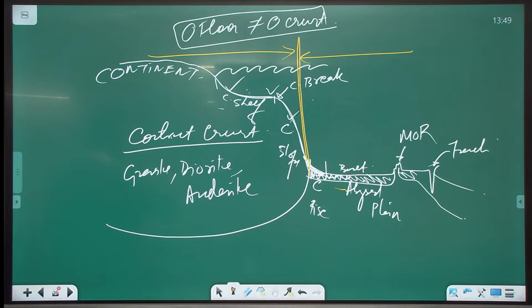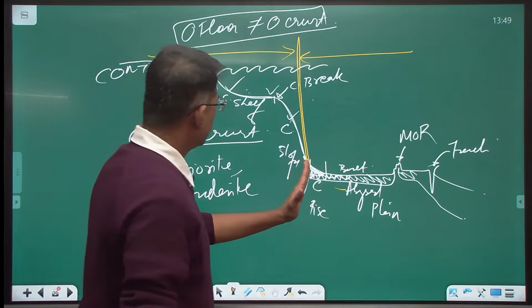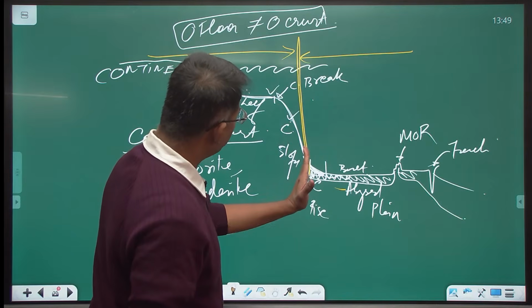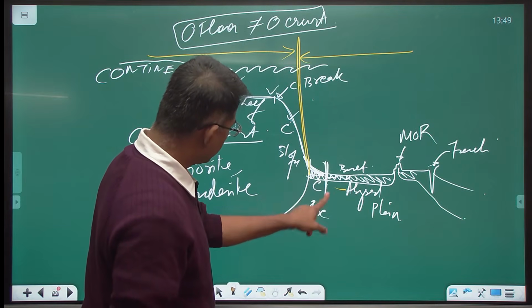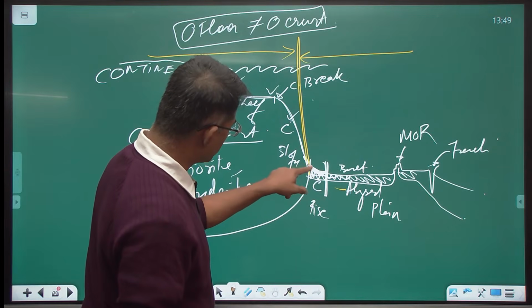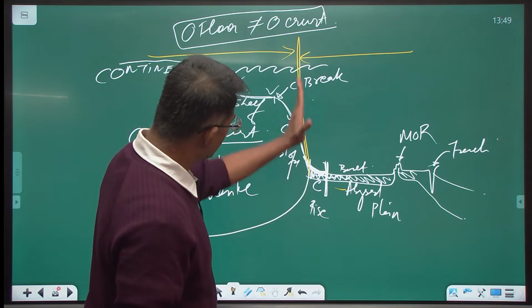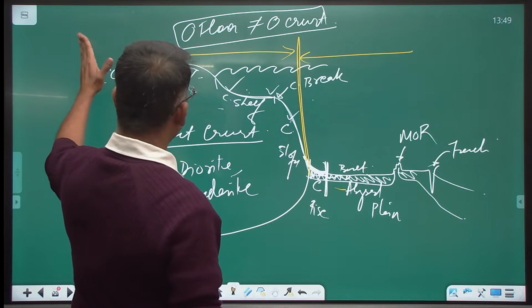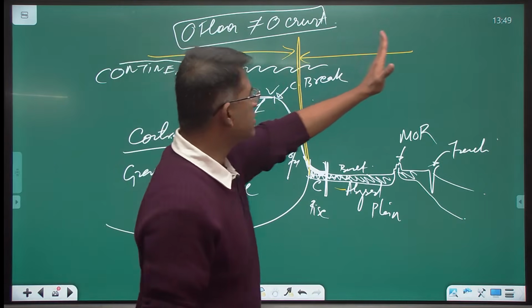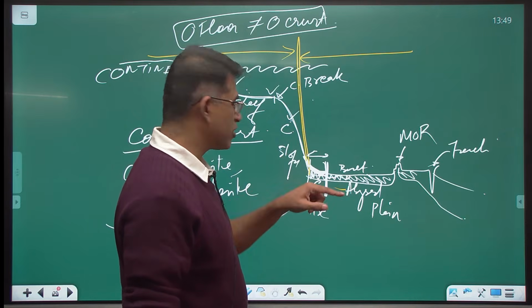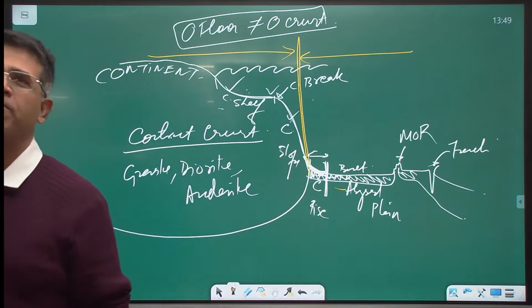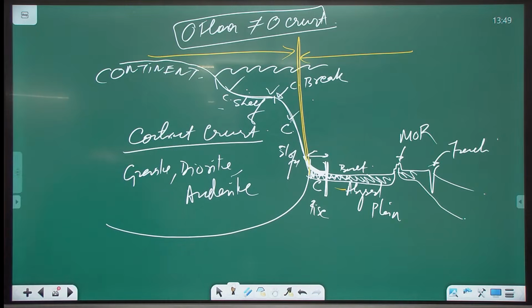Sadia, what is the question? This line I've drawn, this is the boundary of the slope. After this comes your rise. This part is the rise, the transition zone. The boundary of the slope is the continents, and beyond this is the ocean, with this as the transition zone. Okay, all of you?